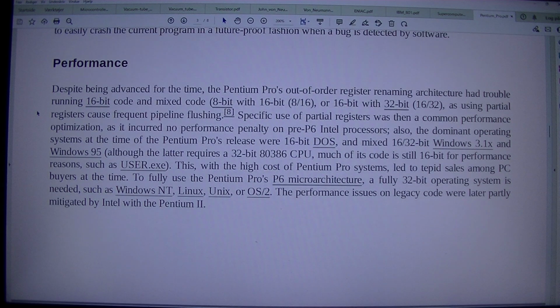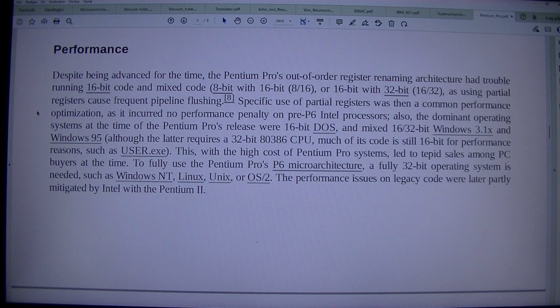Performance. Despite being advanced for the time, the Pentium Pro's out-of-order register renaming architecture had trouble running 16-bit code and mixed code, 8-bit with 16-bit, 8/16, or 16-bit with 32-bit, 16/32, as using partial registers causes frequent pipeline flushing. Specific use of partial registers was then a common performance optimization, as it incurred no performance penalty on pre-P6 Intel